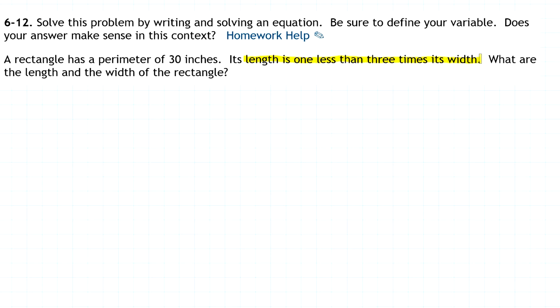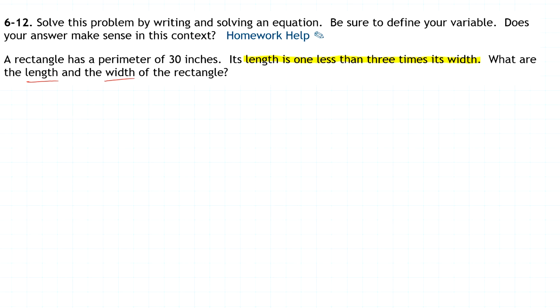So one of the things that I usually look at is, are they defining one of the dimensions? I'm asked to find both the length and the width. And I usually ask myself, are they defining one of those two things in terms of the other? And if they are, that's typically how I define my variables. So you can see it's telling me what the length is. It says the length is 1 less than 3 times its width. So since they're telling me what the length is in terms of the width, I would begin by saying, hey,